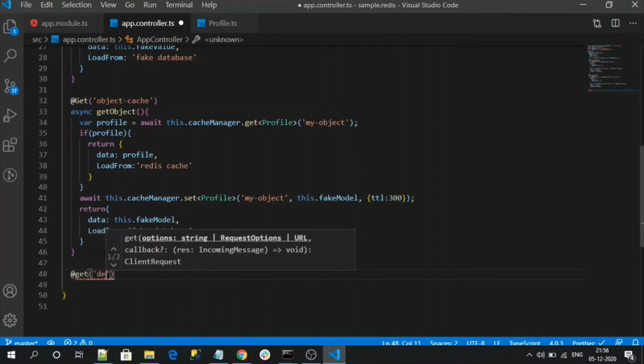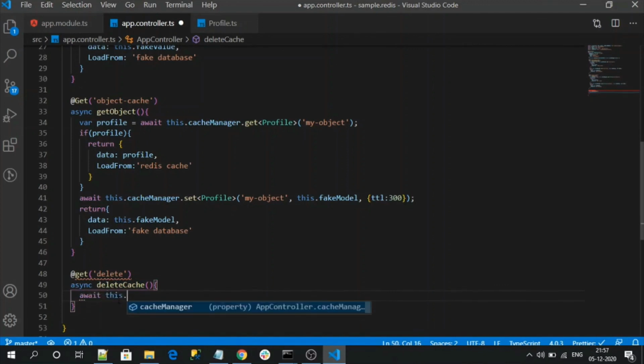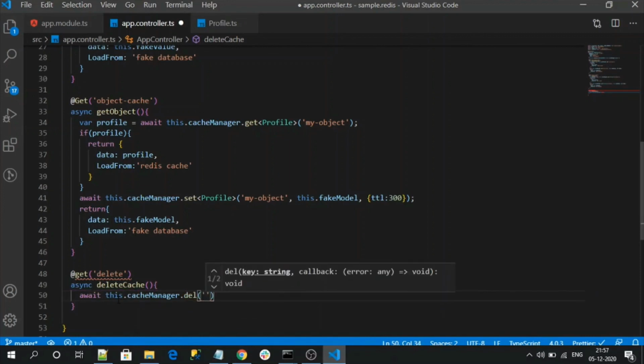Create and delete. Delete cache. This dot cache manager del. This expects simply our key. So let me give my object.